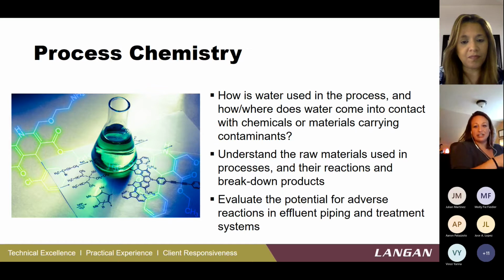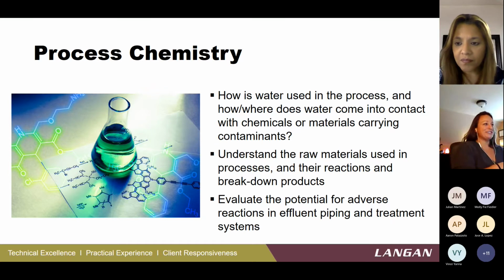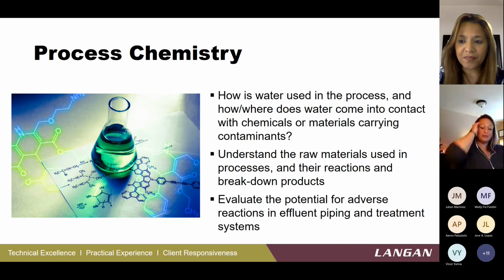I use plating shops and metal finishing operations as an example in everything because that seems to be one of the more regulated entities in terms of wastewater. You can't plate a part without a whole lot of water. So sometimes it's integral to the process and there's no way to avoid significant water use. So understanding your process is really, really important.